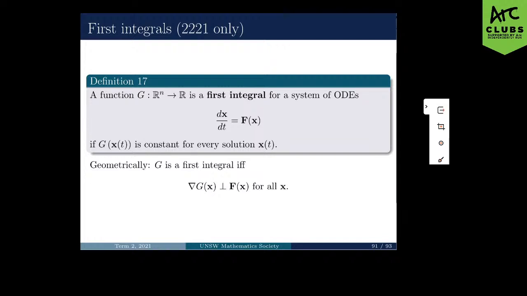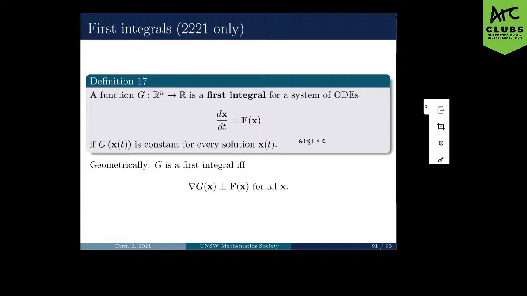Yeah, so now we go on to the topic of first integrals. So first we define what a first integral is. A function g is a first integral for a system of ODEs, our very generic autonomous system, if g applied to any solution trajectory is a constant. So we can write it as g of x is equal to a constant